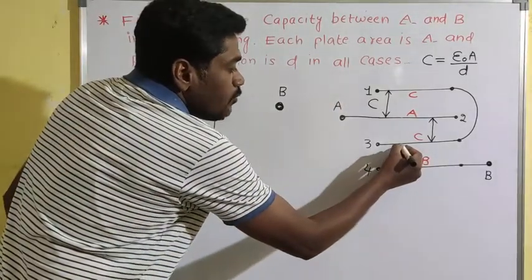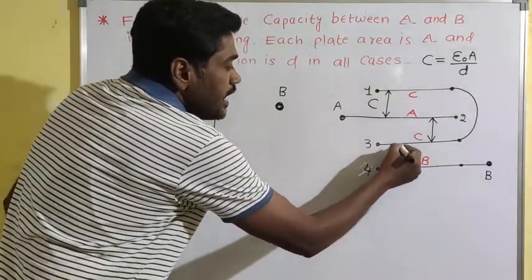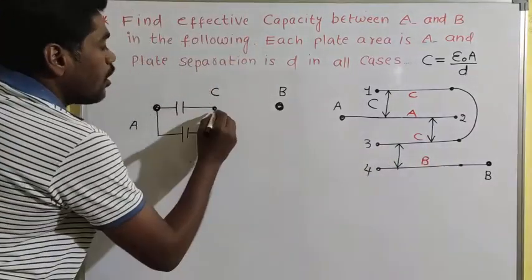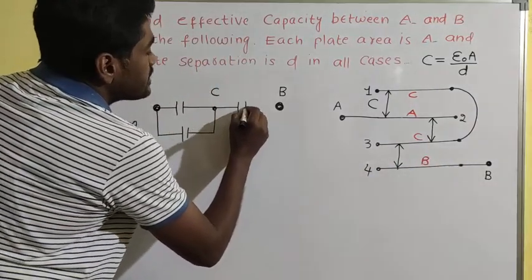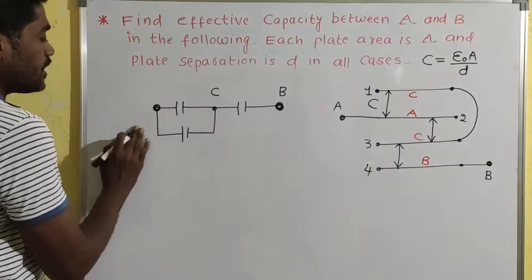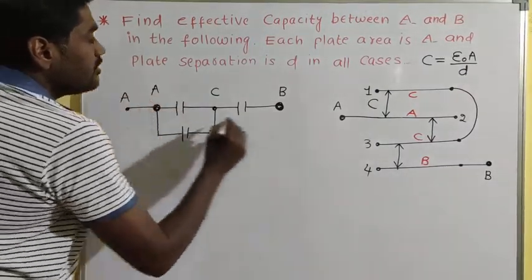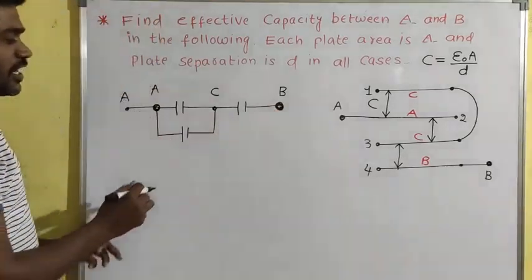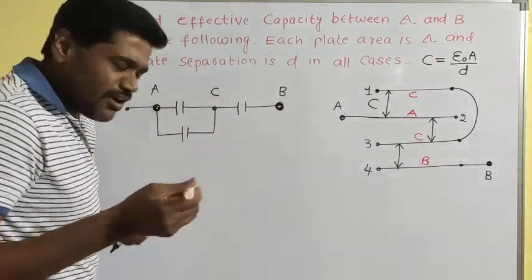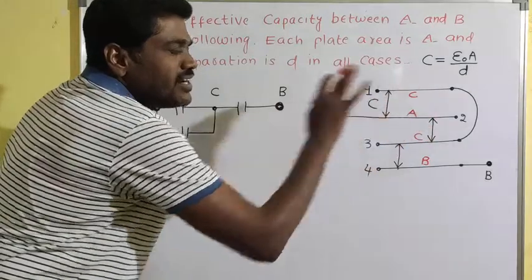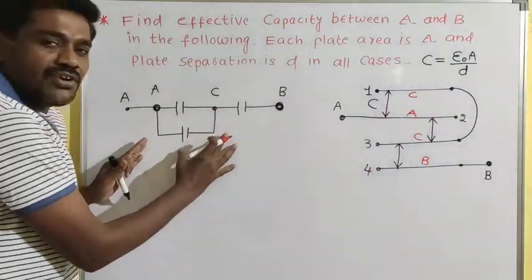Now the last one. What is the last one? The last one is between C and B. So I am taking C and B, done. If you take this, this is A, and this point also becomes B. Therefore, now tell me, are these two in parallel or not? Now it is easy. After completing the discussion, we are getting one diagram.